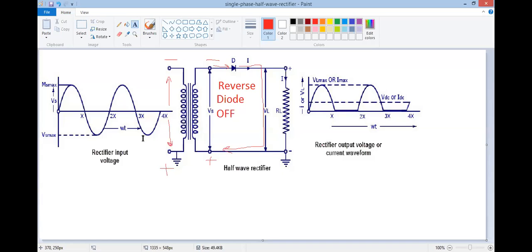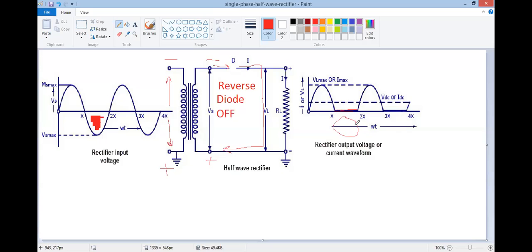So here in this case, this negative half cycle is coming at the input, but this switch is off. We can say that this diode is reverse bias. Hence this diode is now in off condition, like this. So circuit is not complete. So current is not flowing. So hence here in this case, the signal is absent because current is not going ahead. That's why we are getting zero current here.